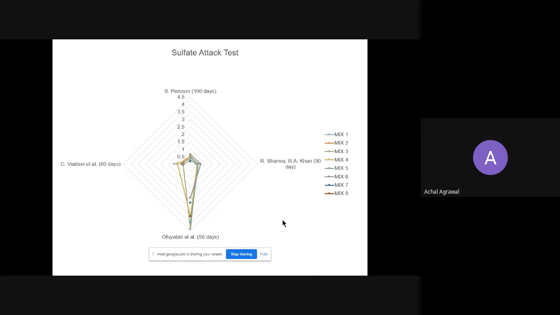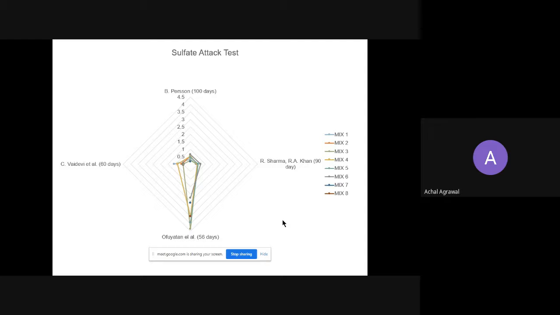So this is on the scale, which we can see is 0.5, 1.5, the percentage weight lost. Okay, so there are 4 researchers. Some of them have used only 1, 2 or 3 mixes. Some of them use 7 to 8. So what I have done, I have used this kind of